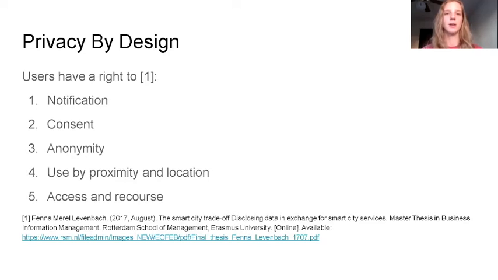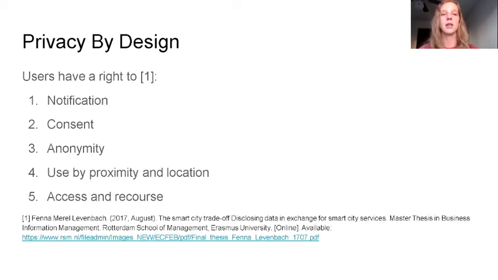Talk about privacy by design, which was conceptualized to enumerate a user's rights in a ubiquitous computing environment. Many of these concepts could be utilized in smart city protection of privacy and security. The first concept is the right to notification. Users have a right to know what, when, and why data is being collected. In smart cities, this can be difficult due to the variety and volume of data being collected, but the transparent dissemination of protocols and strict adherence to these protocols is paramount.